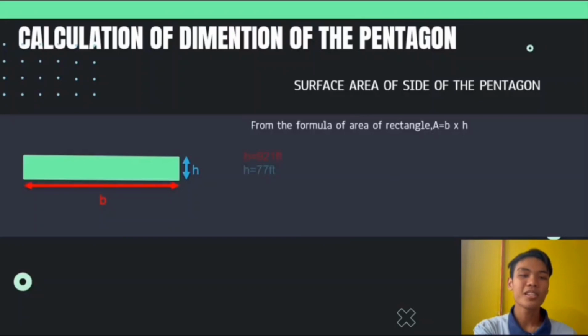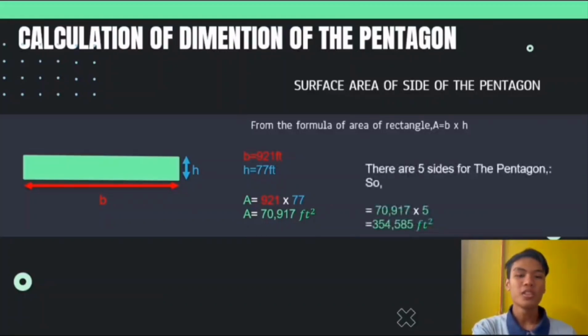The base is 921 feet and the height is 77 feet. So the area of one side of the pentagon is 70,917 feet square. Since the pentagon has 5 sides, we multiply it by 5, so the total surface area of the side of the pentagon on the outside is